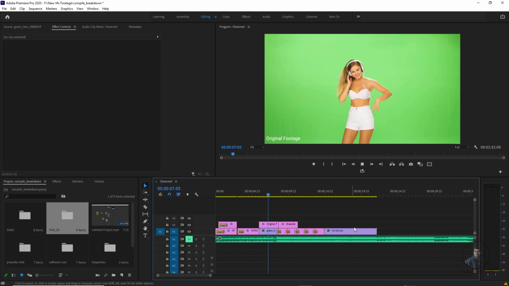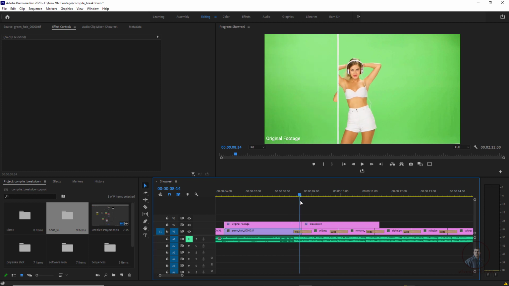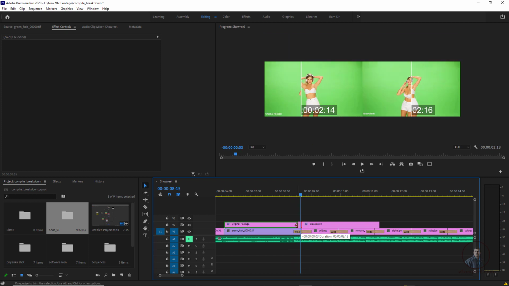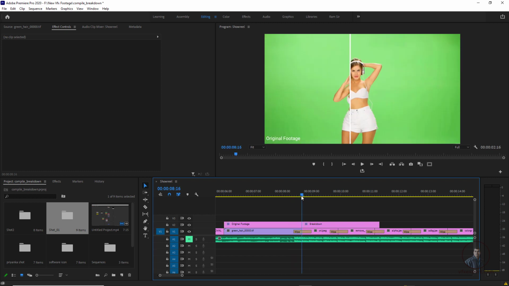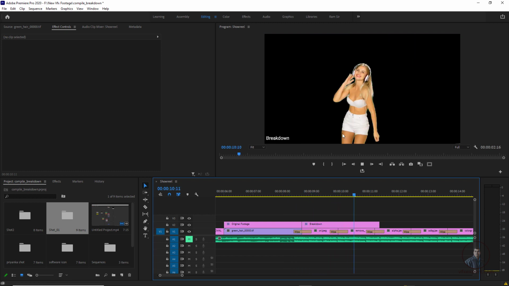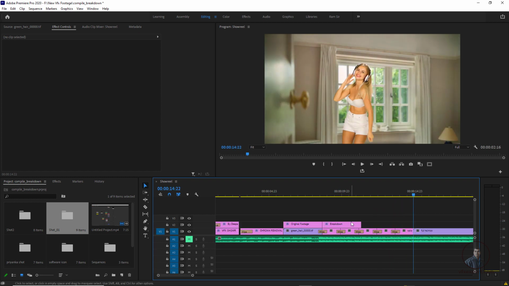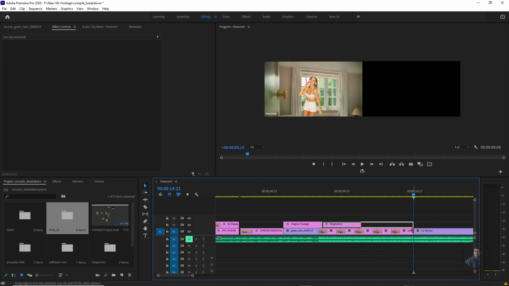Now just play and check. So here guys, these are our breakdowns. Plus minus a little bit, and we have to place here like this. We can simply trim according to requirement. Now these are our breakdowns here. Okay. Then after this, because till here I am showing our breakdowns, simply we can adjust till here.